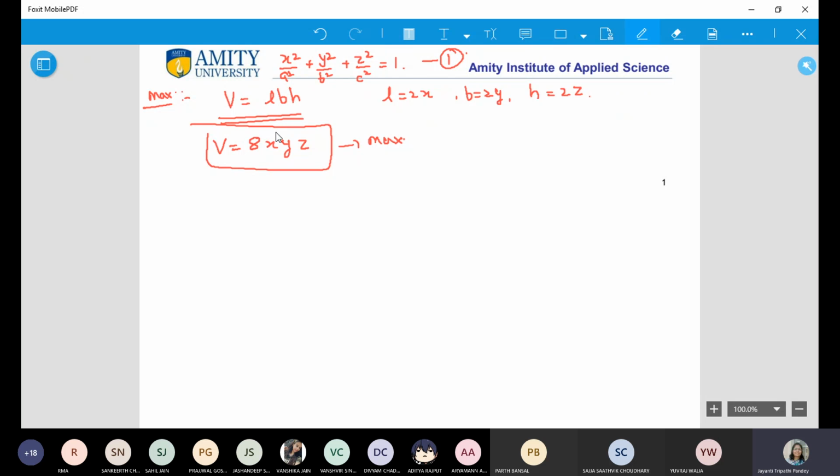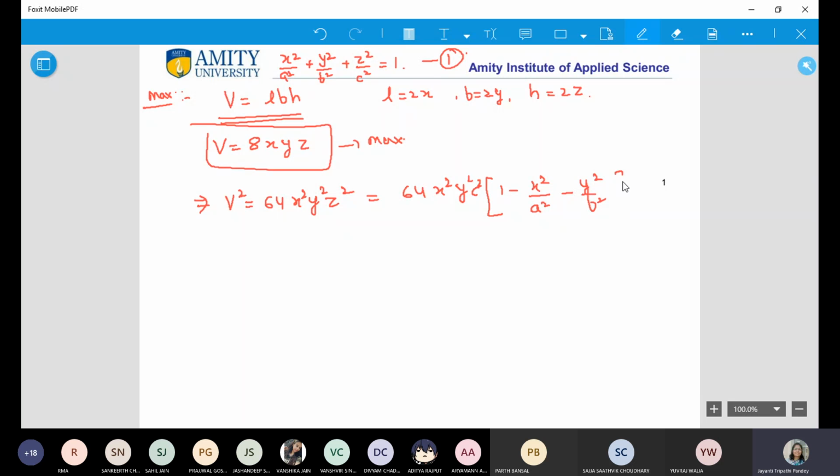Since the things are given in a square, it is convenient if we do it like this, and assume this as some other function. So we can write it as 64 x square y square. Now see, I am replacing z square with c square times 1 minus